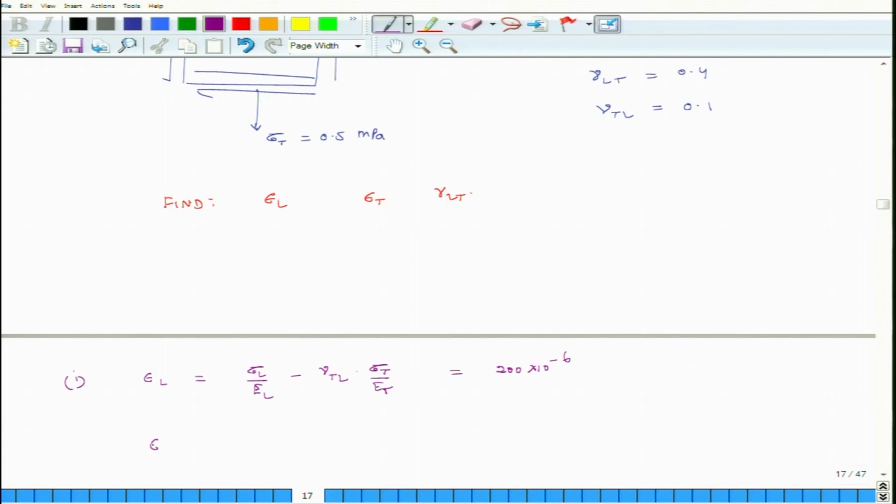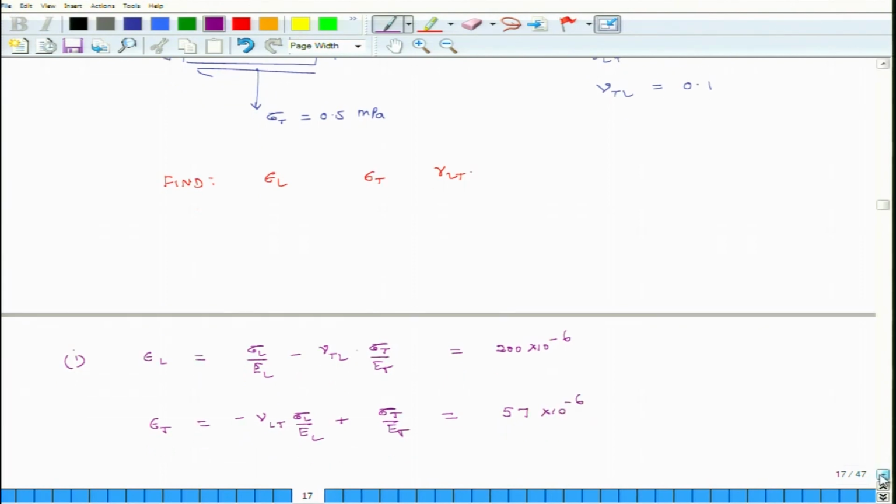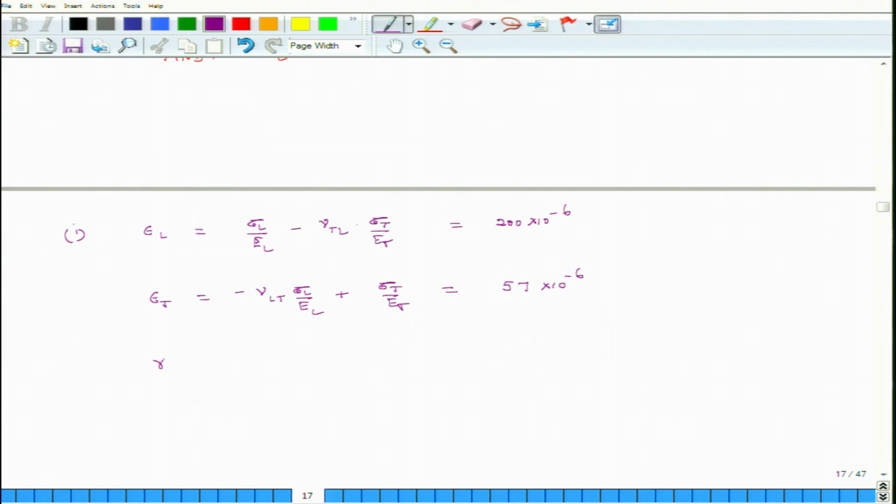Then we have epsilon T equals minus nu LT sigma L over EL plus sigma T over ET, and once I do all the calculations, I get this as 57 times 10 to the power of minus 6 microstrains,